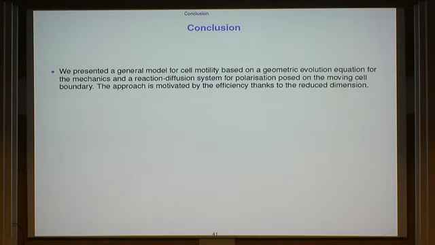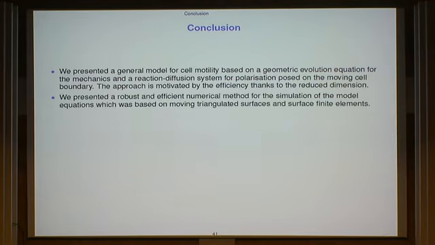So that's pretty much most of what I wanted to say. To sum up, we presented a general model for cell motility based on an evolution law for the mechanics and a reaction diffusion system that models the polarization and the biochemistry. And the modeling approach that we adopted is motivated by efficiency thanks to the reduced dimension. We presented a robust and efficient numerical method for the simulation of the model equations, which is based